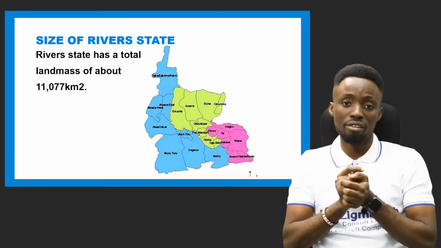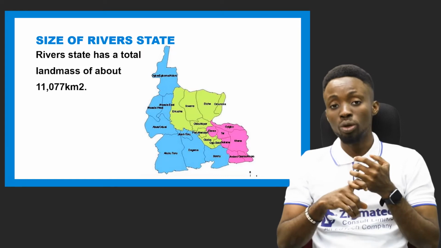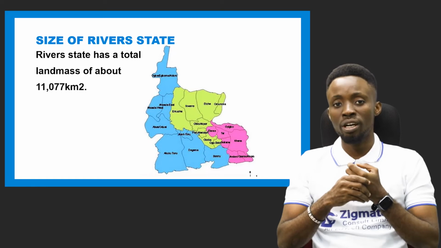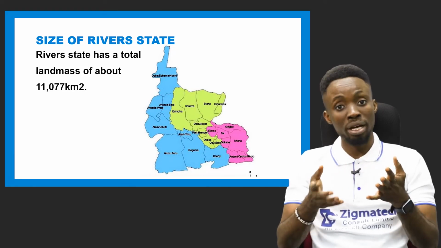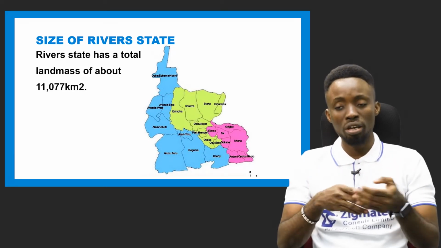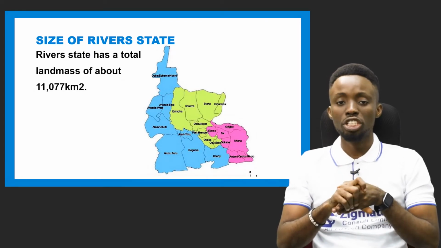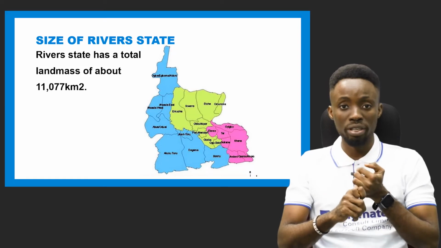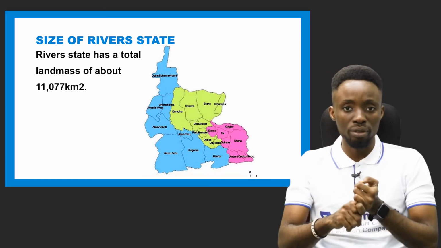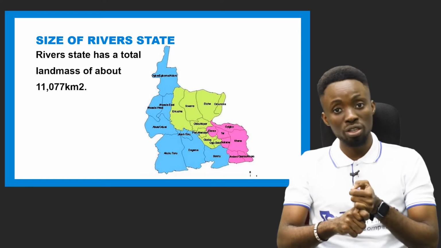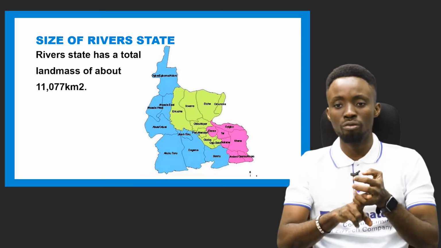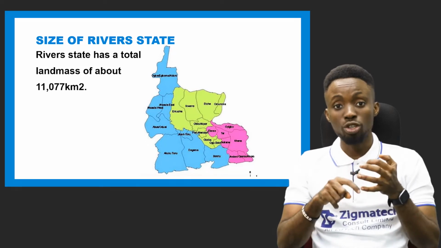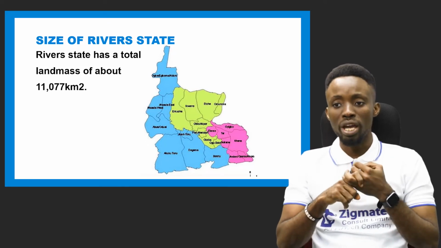examples of those local government areas include Obiakpo local government area, we have the Port Harcourt City local government area, we have the Ogba Egbema Ndoni, also known as the Onelga local government area, we have the Eche local government area, we have the Emoha local government area, we have Ahoda local government area, we have Akukutori local government area, we have Degema local government area, we also have Boni local government area that is close to the Atlantic Ocean, we have